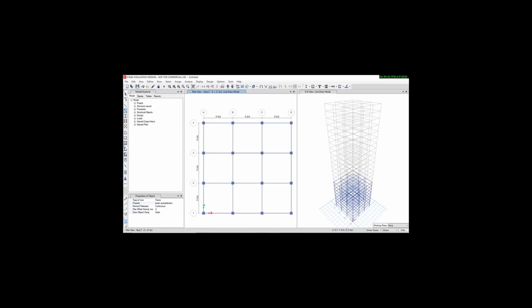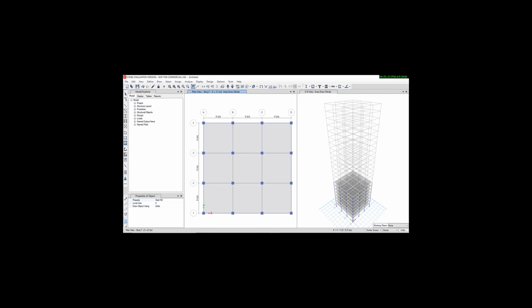Now select slab from here, property slab 150 and select all the plan view slab. Here we can see that all the slab, beam and column have been drawn in 3D view.